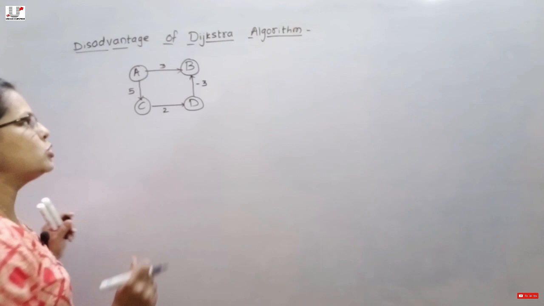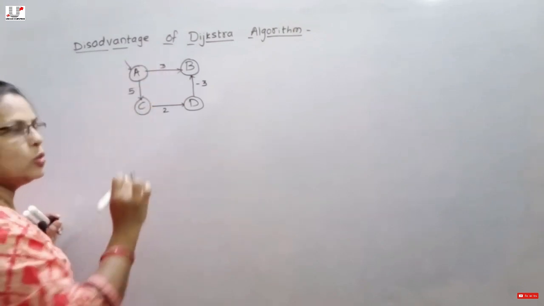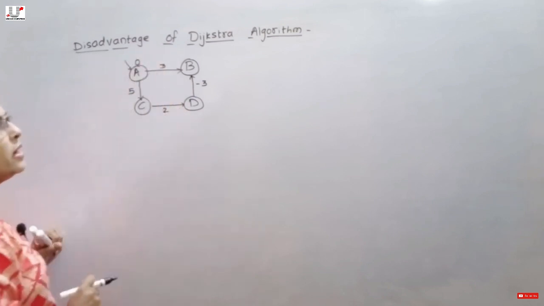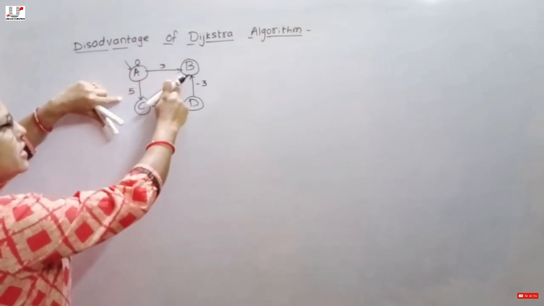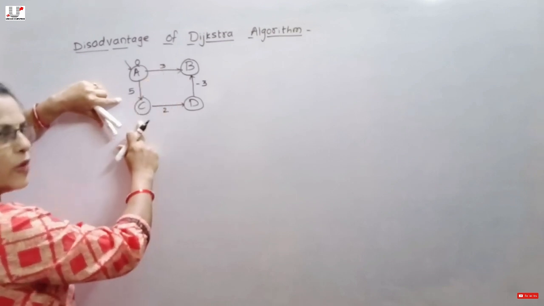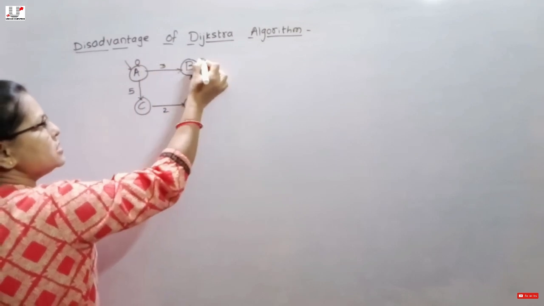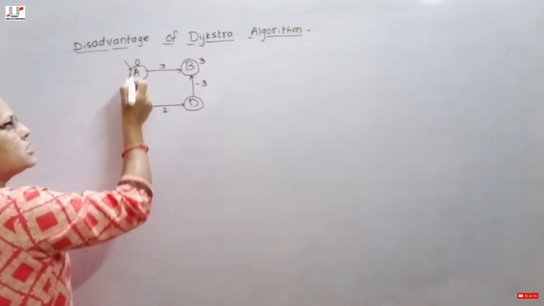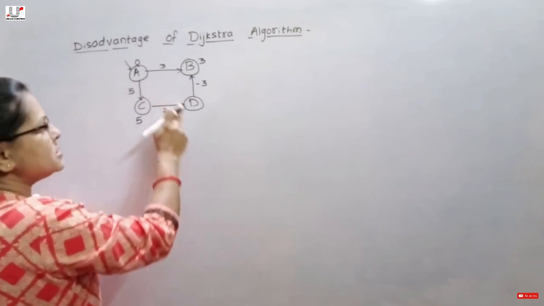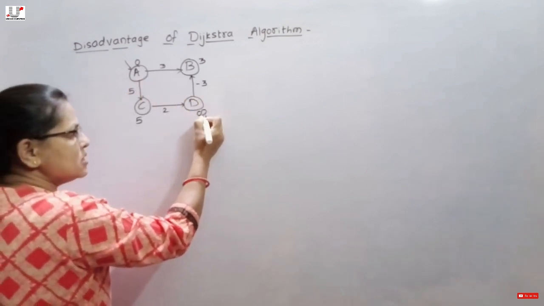Now let us assume the starting node as A. As A is the starting node, the distance of A is 0. From A there are two direct edges, one from A to B and the next from A to C, having distance 3 and 5 respectively. So replace with 0 plus 3, the distance from A to B is 3, and the distance from A to C is 0 plus 5, which is 5. And as there is no direct edge between A and D, mark the distance as infinity.